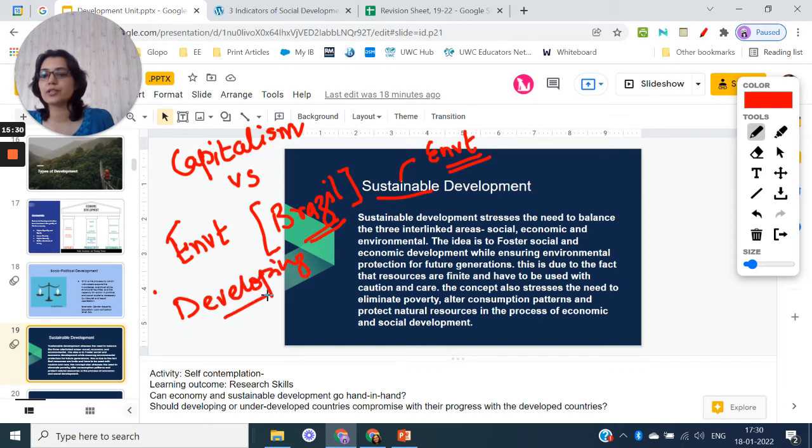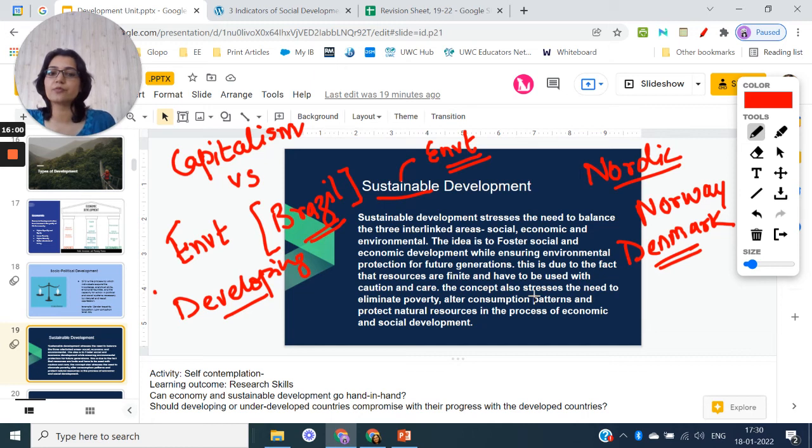Developing countries should take, should they take the path of sustainability, environmentalism, where they don't have to harm the environment, or should they take the path of modernization or industrialization? A few examples you can think of positively are the Nordic countries. Okay, it could be Norway, Denmark, where you can argue that these countries have started working on sustainable development, right? So a few examples are there which you can think of that lead to sustainable development.